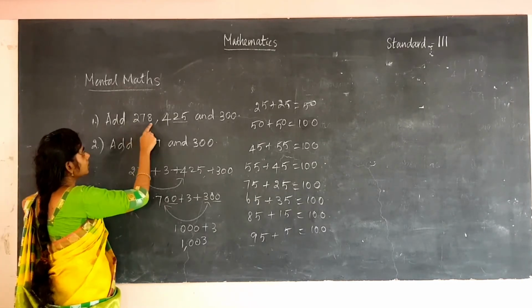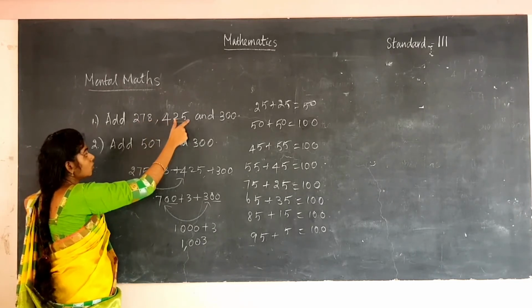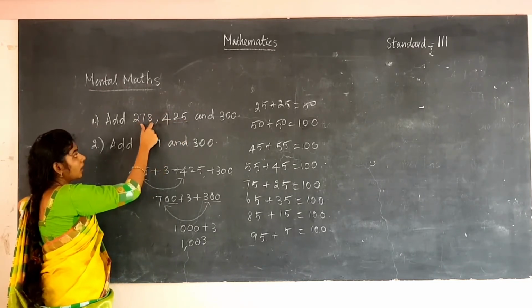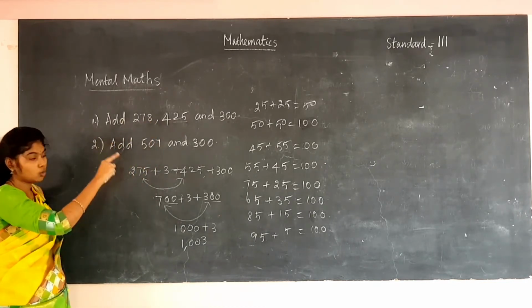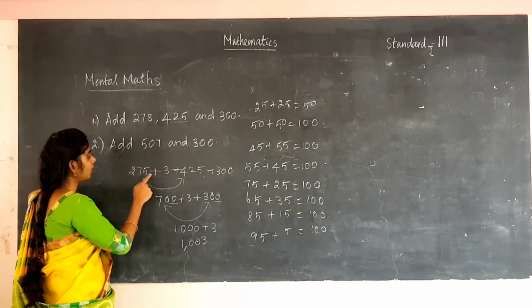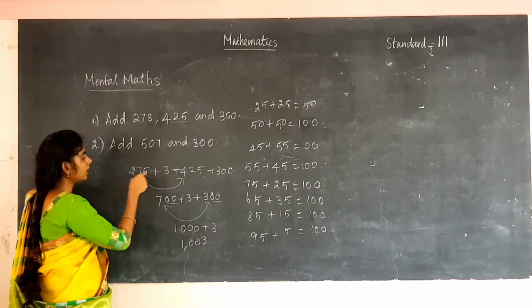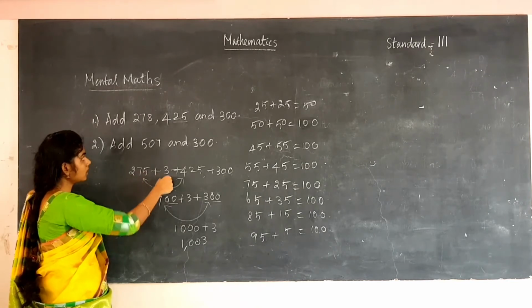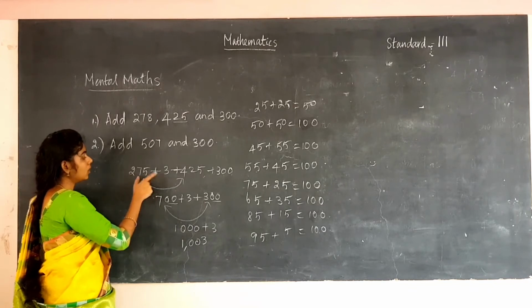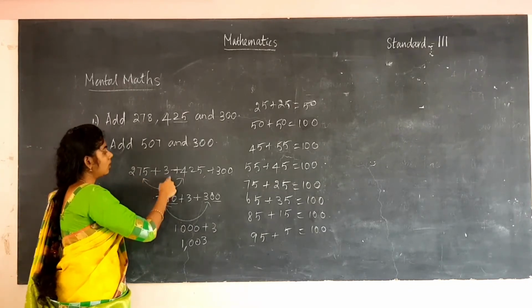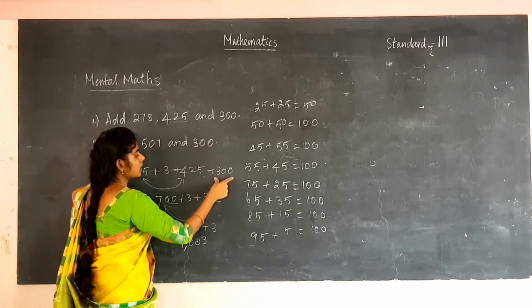First splitting this number. First take the last two numbers. Here 25 is the number. So to 25, what number can be added to get 100? So 75. So split that number 78 like this, 75 plus 3. So 275 plus 3, the same thing. While we are adding 75, 275 plus 3, we will get the same number 278. So same thing I have written here. So after writing this number, then add this number 425. Then at last add this number.